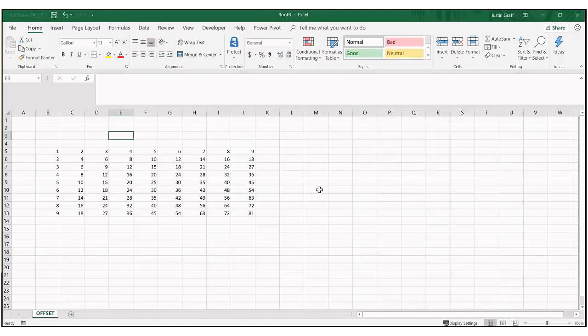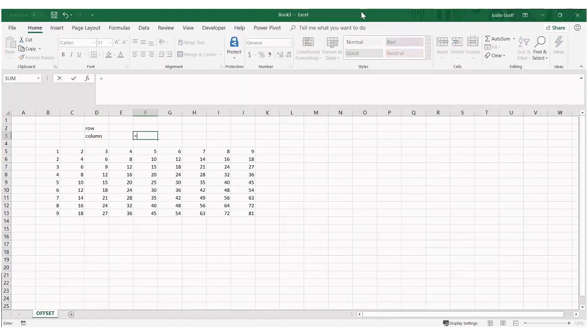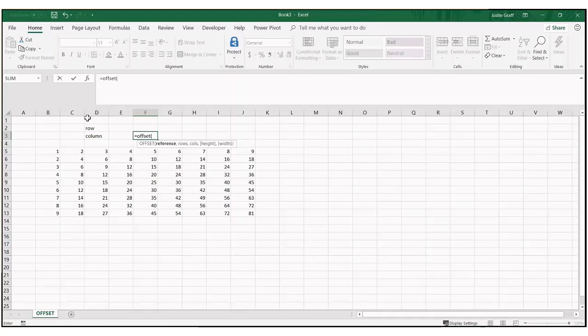So what we can see here is we've got a table, just a simple multiplication table, and we are going to return the row and column that we are looking for. So we're going to do this using an offset formula. Now the offset formula is pretty powerful in that you can have it do anything from anywhere. So if we wanted to, we could make this our initial cell that we base everything off of, we just select that as our reference. But to make it simple, we'll just use our upper left,